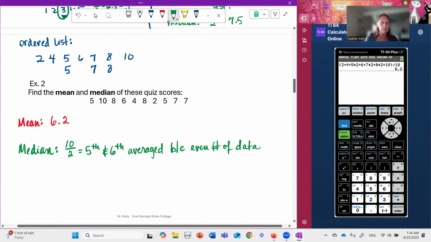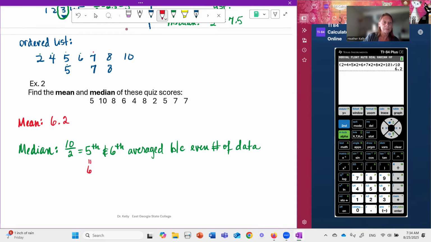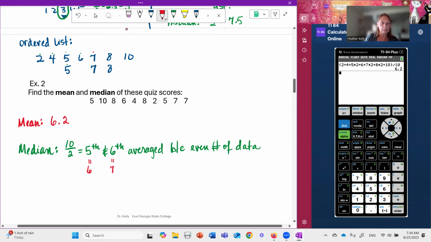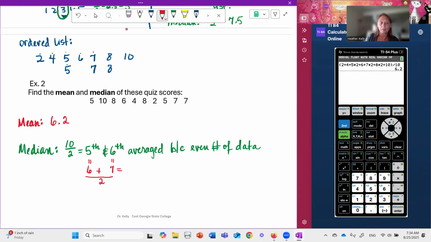Okay. Now, we need the fifth and sixth. I want to come back over here to the list so you can see how this works. So we need the fifth number and the sixth number. So 1, 2, 3, 4, 5. The fifth number was 6. And we'll go back here and do the 1, 2, 3, 4, 5, sixth number is 7. So 6 plus 7 divided by 2, that's 13 over 2, which is